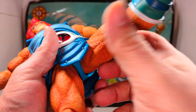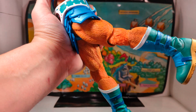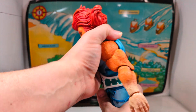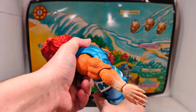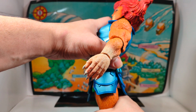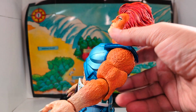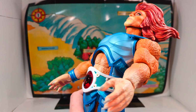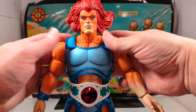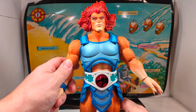Now, can you move the foot up a little bit? About that much. And you can move the foot back a little bit, about that much. And then in the waist area, you can probably bend them forward about that much, which is not bad, especially for Mando. And then you can hyper extend them back that much. So, as far as articulation, this is probably one of the best articulated Mandos, because in some weird and odd